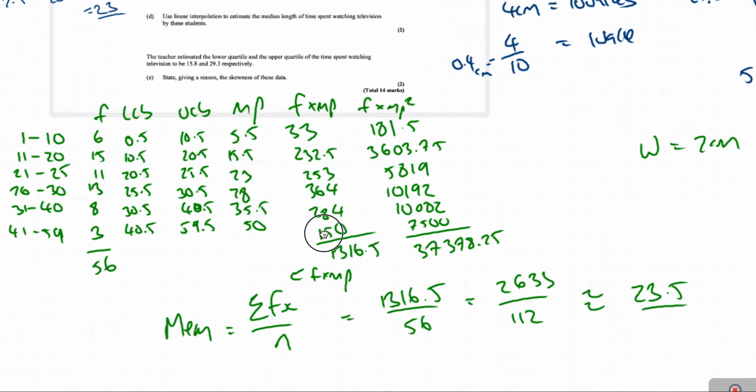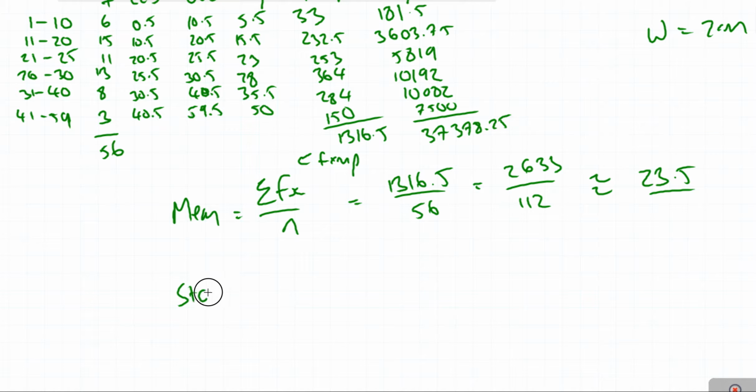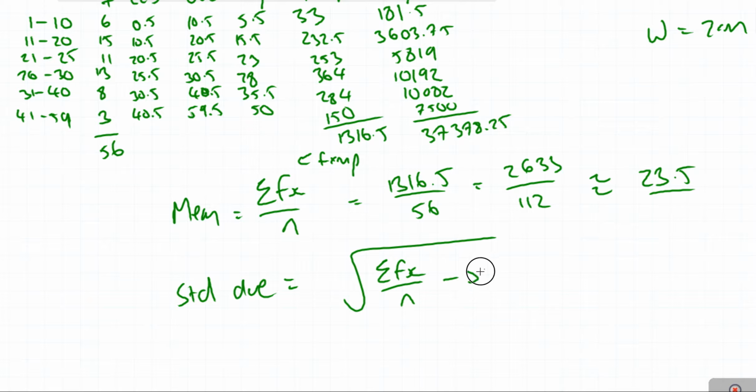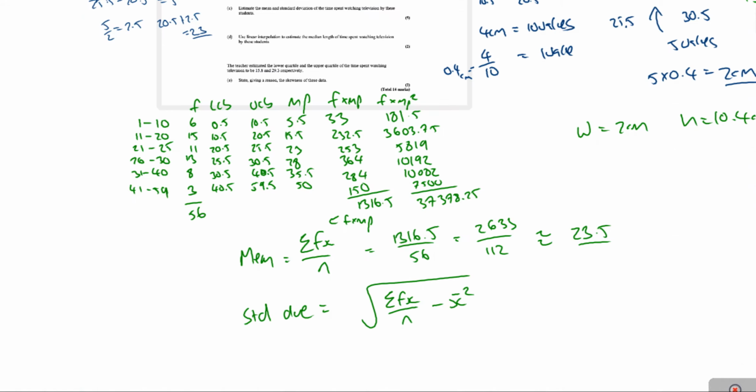And then we apply this into the formula. So the standard deviation formula is equal to the square root of the sum of f x squared over n, minus the mean squared. So this is equal to the square root of 37378.25 divided by 56,